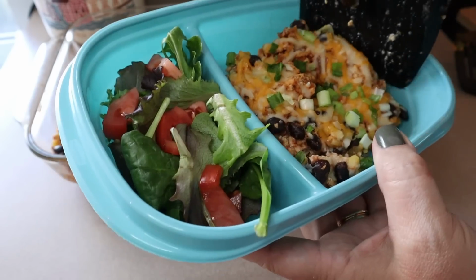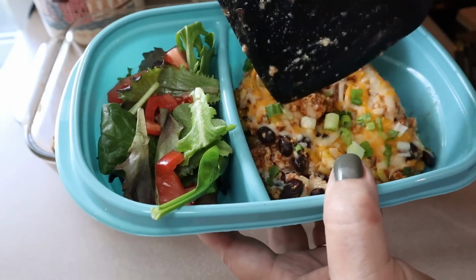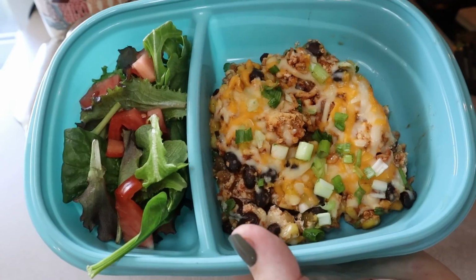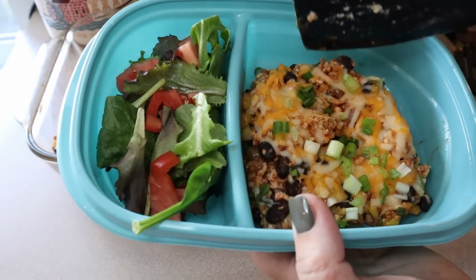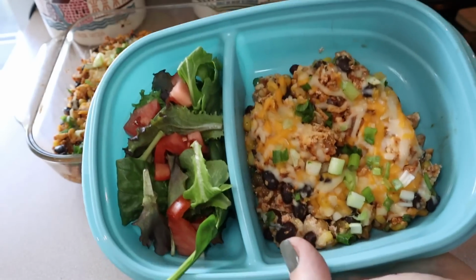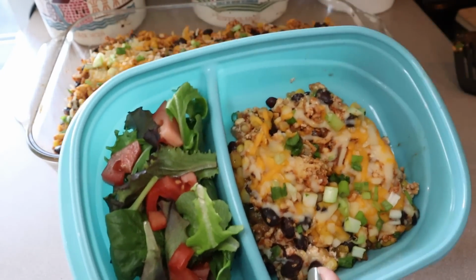And there we go. So I think that's going to be a pretty good portion, especially just for 2 points on blue and purple, 5 points on green. So if you wanted to add some sour cream or something at the end, you could also do that. So let me get these into the rest of the containers, and then